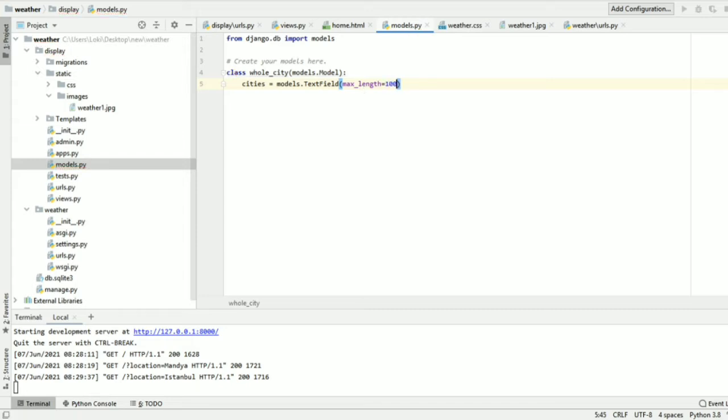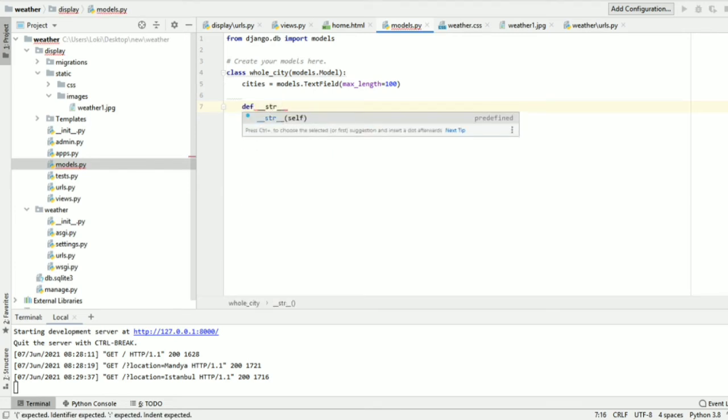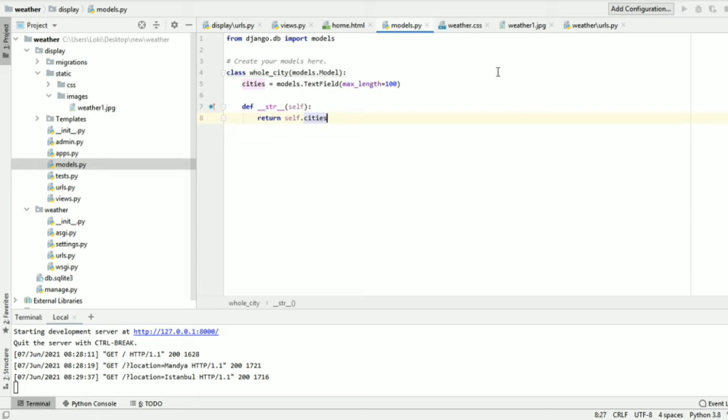You can add a text field or a character field, whichever you like. I will add one function to show the names of the cities in the backend: def __str__(self), and return self.cities. Okay, fine, the model is created.